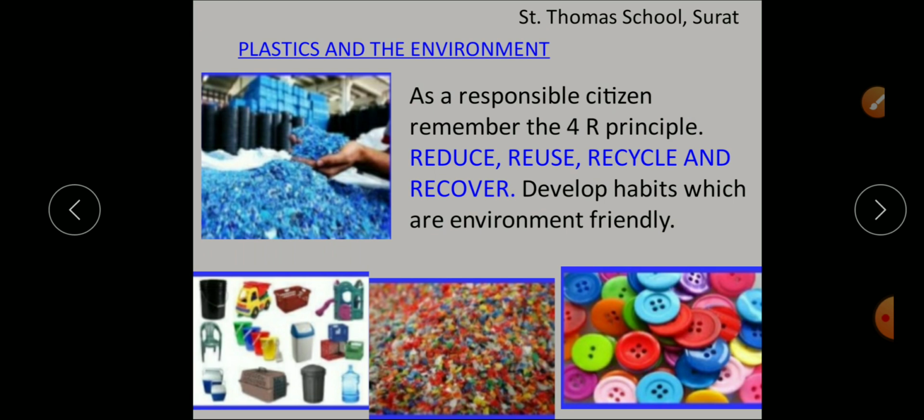As responsible citizens, we have to use the 4R principle, that is reduce, reuse, recycle and recover. By developing these habits, we can minimize the damage to the environment by plastics. Okay,